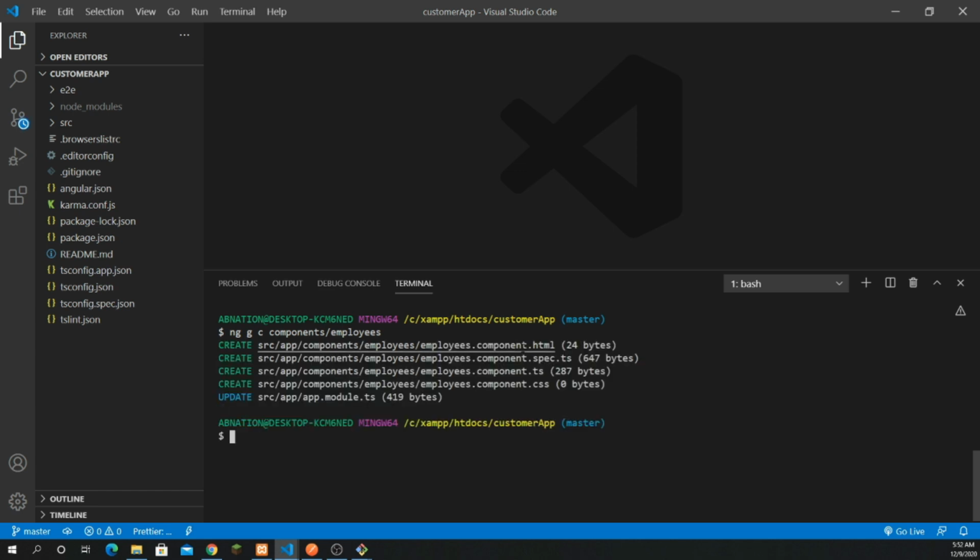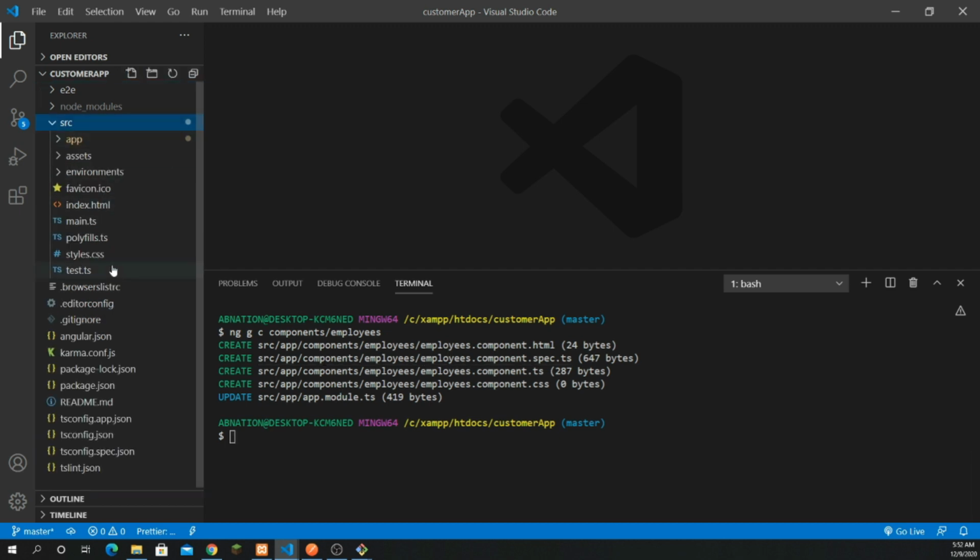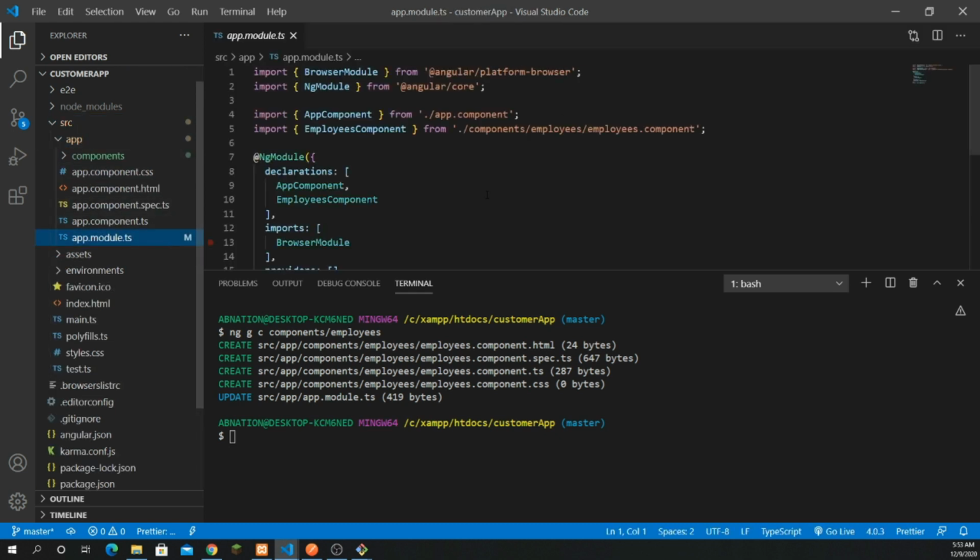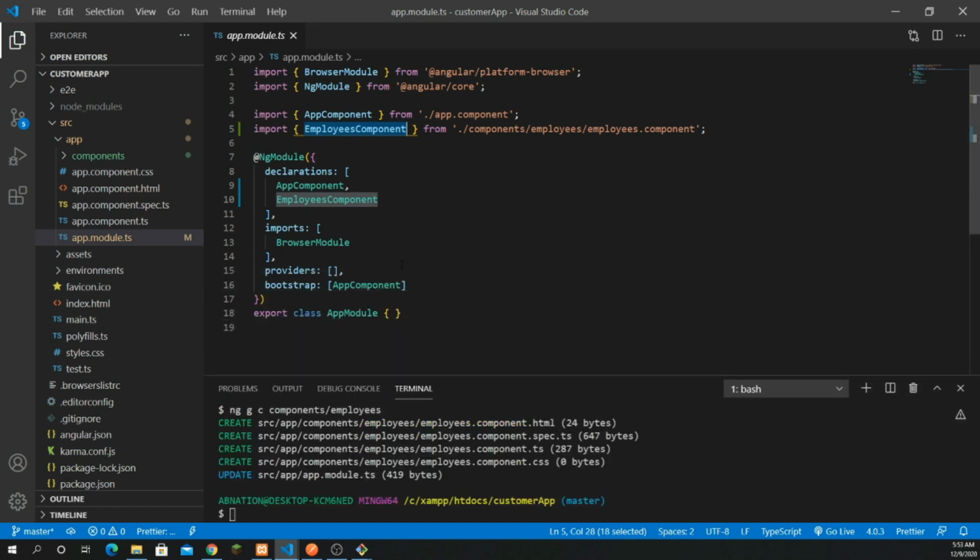The first one is the HTML and the testing file, specs.ts, which we don't need. It's going to create the component.ts, which is the TypeScript file, and the CSS file, and the most important, which is the updated app.module.ts file. Automatically, it updates the app.module.ts file, a very important vital file that's going to import all the components inside that. You see, we have created the component, and by default it's imported up here and put inside the